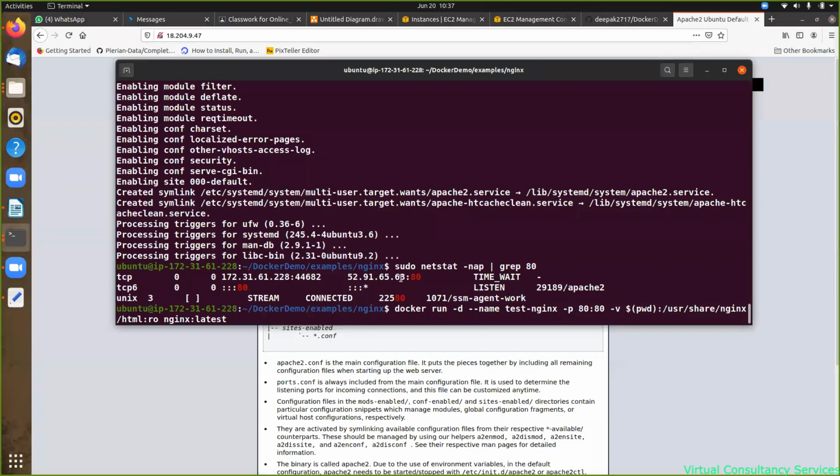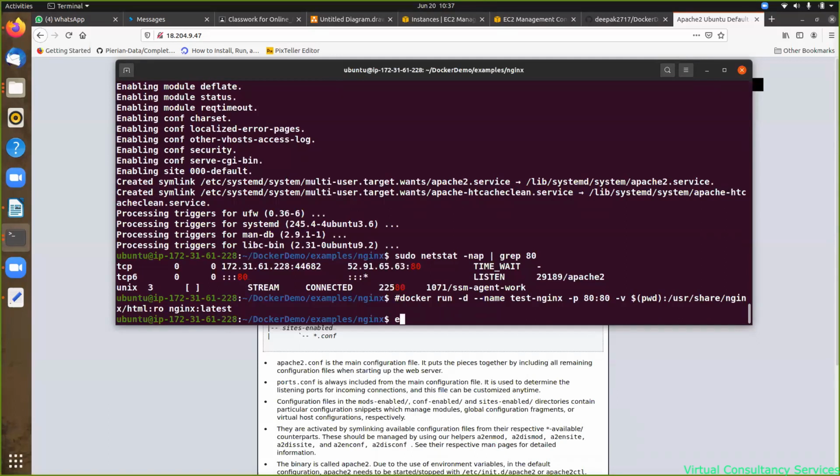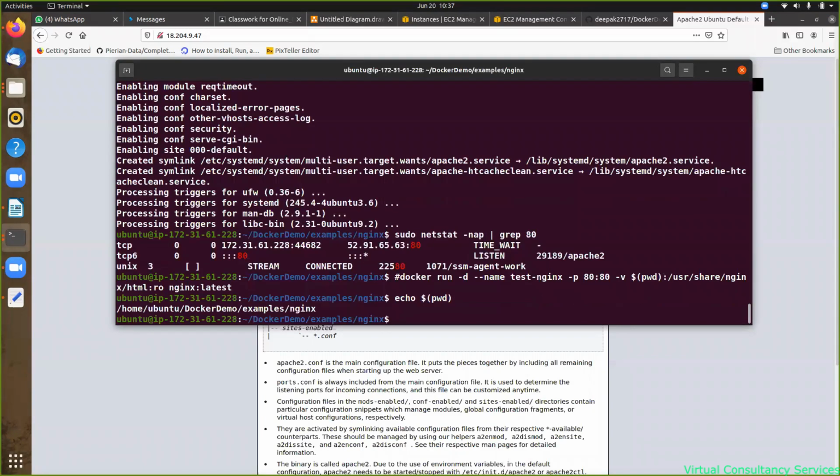नाउ आई एम गोइंग टू रन दिस। सर जो PWD है, दैट मींस कि वो मैं एक काम करता हूँ, उसको आपको रन करके ही बताता हूँ, सो दैट यू कैन। नाउ आई एम डूइंग इको डॉलर pwd। क्या आउटपुट है? ये जो पाथ है ये हमारे इंस्टेंस का है, होस्ट का है राइट।